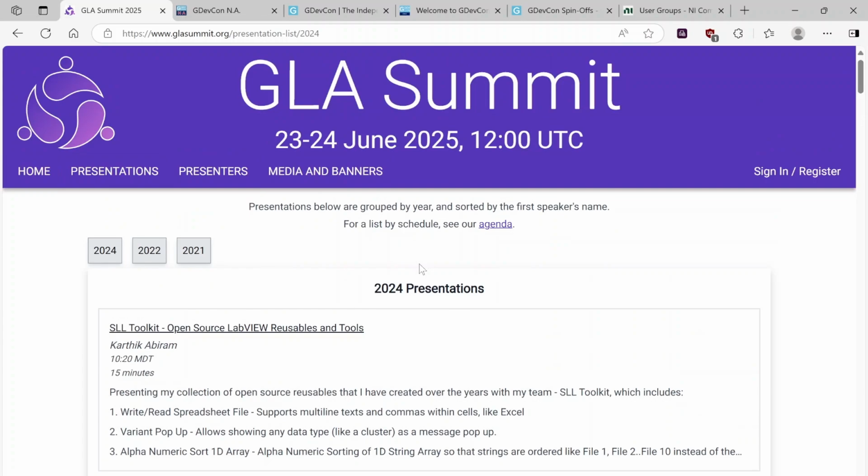And the schedule, this is kind of the 2024 stuff, so they haven't posted 2025 yet. But as it gets closer, you'll be able to see the schedule, and you can see which ones you're interested in to try to catch those or catch the YouTube videos later. So if you're interested in just learning about programming, LabVIEW, all this stuff, I highly recommend you register for the event, so it's on your calendar, and you can get updates as things progress. So yeah, this is a community put together, fully virtual event, and it's really, really cool every year.